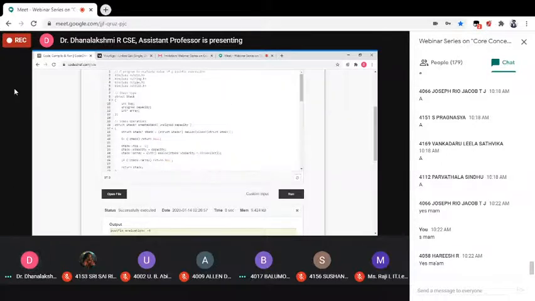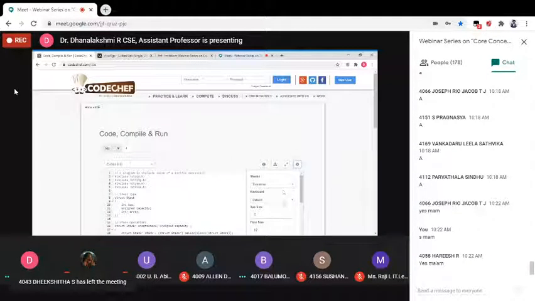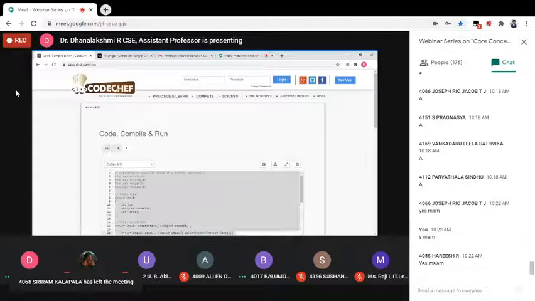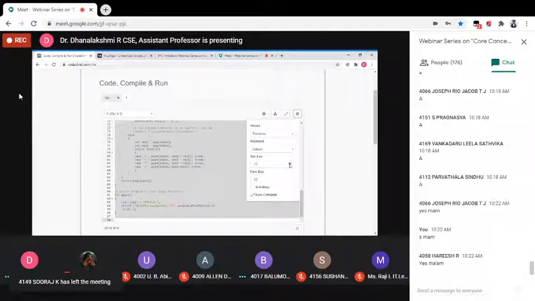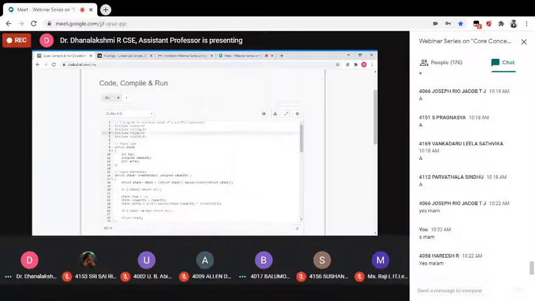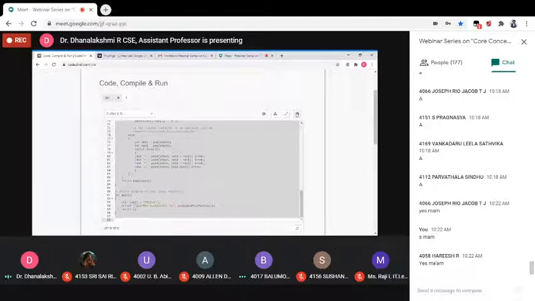And this is my code. Is it? Copy inside.